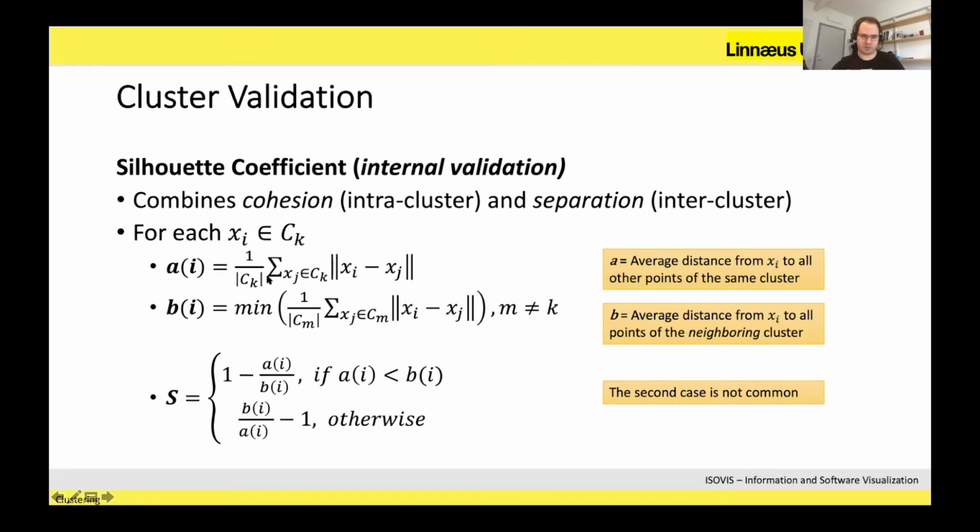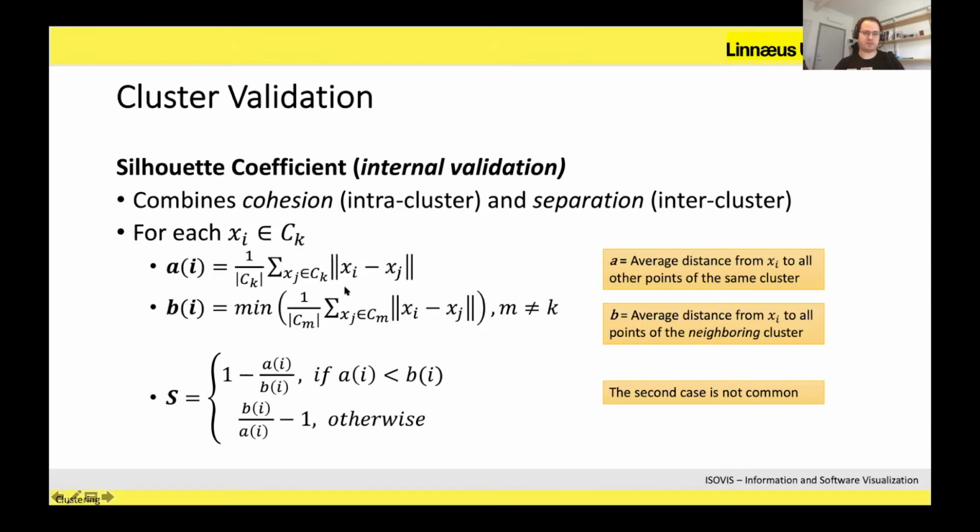Again, the same thing we did over here, but with m instead of k, so with the other cluster. Then you do this for all clusters and you take the minimum one. The minimum one is the one that you consider as the neighboring cluster. So it's the cluster where the average distance is the minimum one. Okay, so you can see that it's quite heavyweight computing here, because you really have to compute